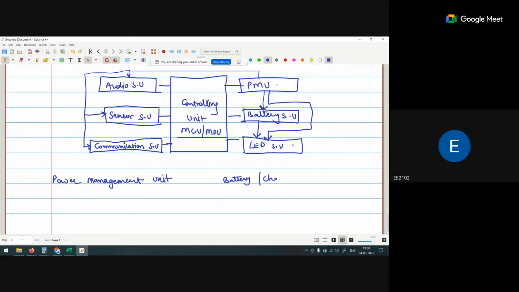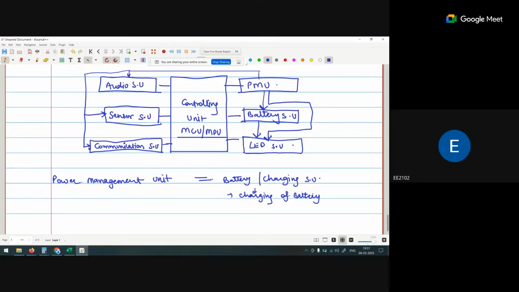These two are not equal. These are relatable but not the same. The battery charging system will be responsible only for the charging of the battery,